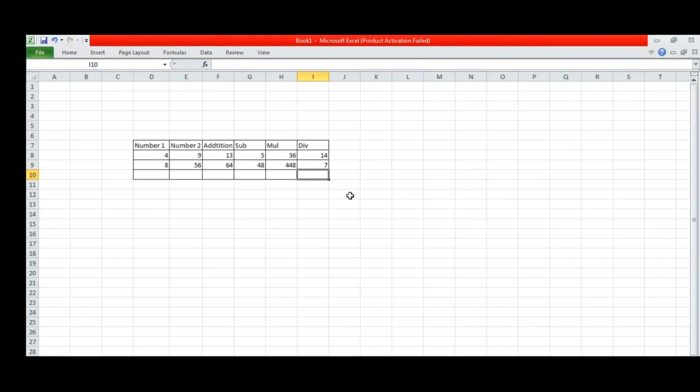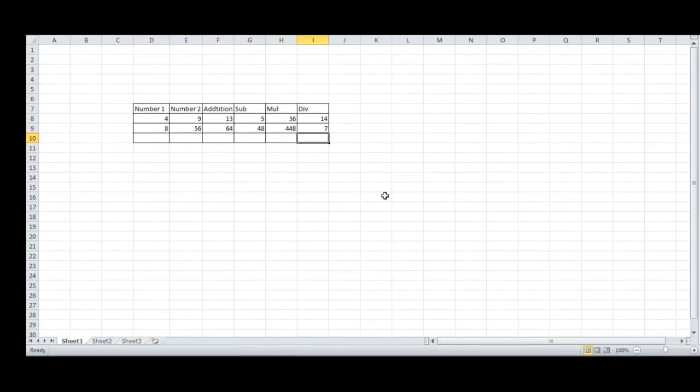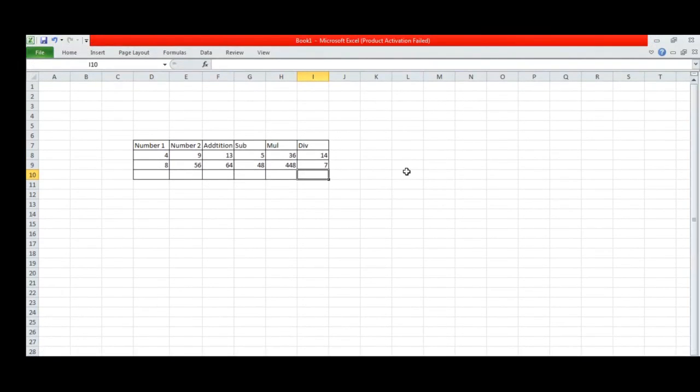Press enter. Okay, it shows the rounded value. So this is called the formula: addition, subtraction, multiplication, division. For addition use the plus sign, for subtraction use the minus sign, for multiplication use the star, and for division use the slash.